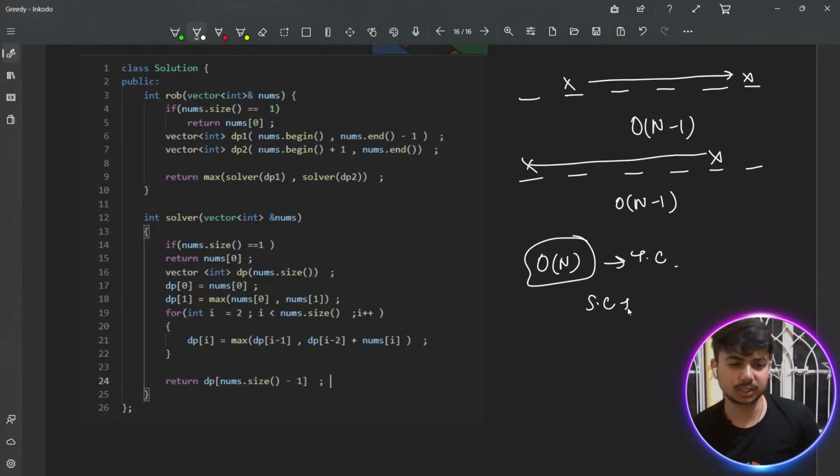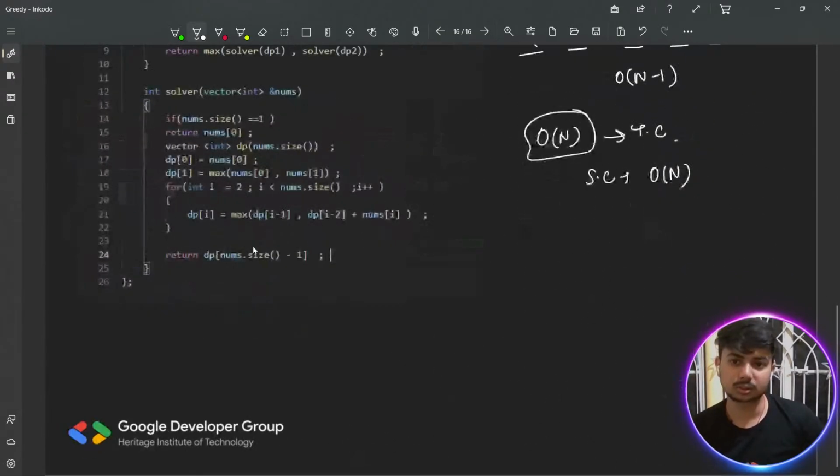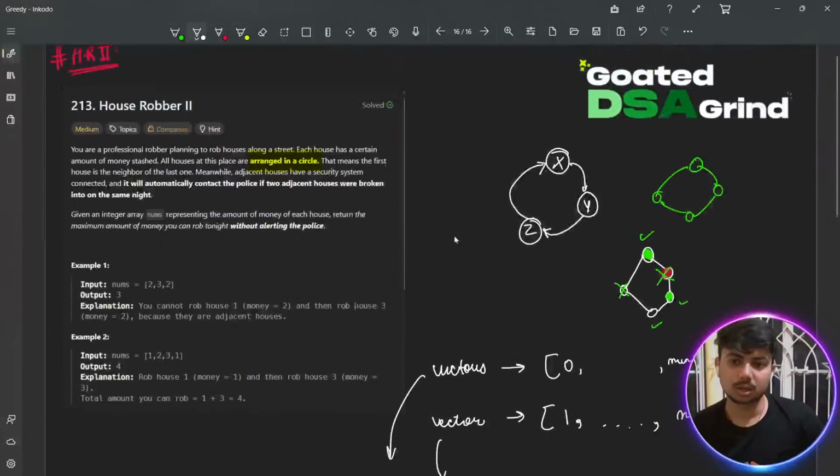The space complexity here is big O of 2n, of course, क्योंकि तुम दो बार ये चीज यूज कर रहे हो, but asymptotically देखोगे तो order of n लिख सकते हो, है।